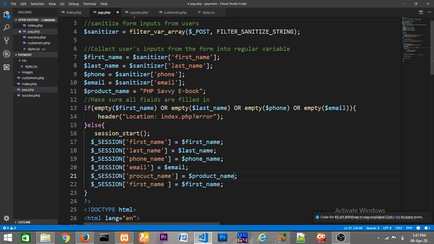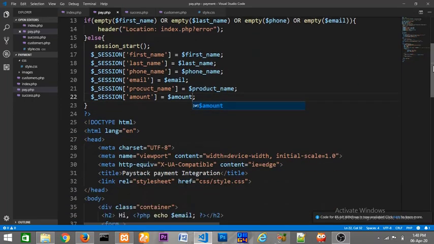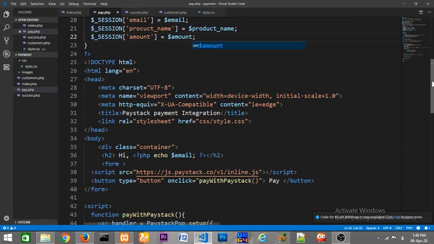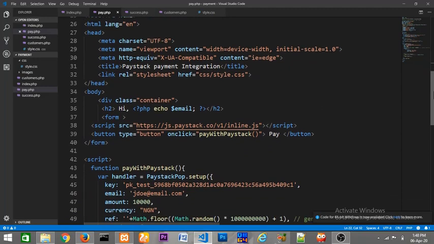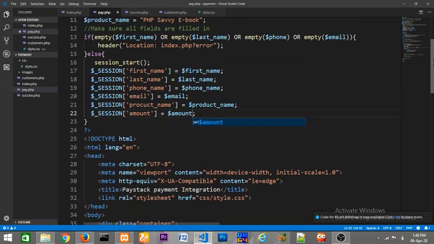And lastly, just change this one to amount and this one to amount. Then we should go ahead and save that. Then we can now be dynamically moving those. So the next thing